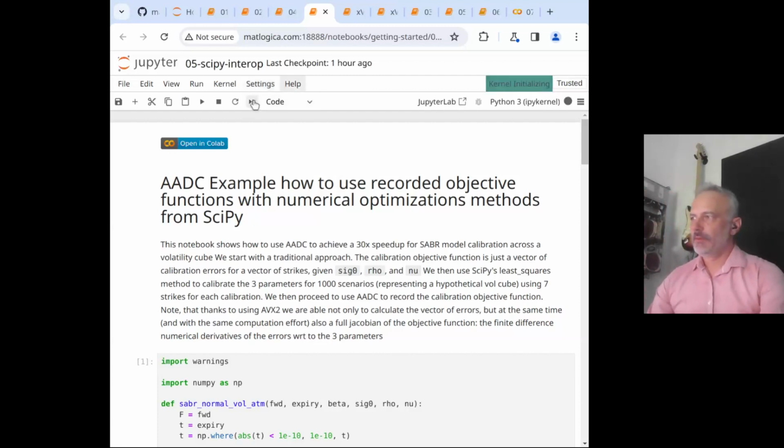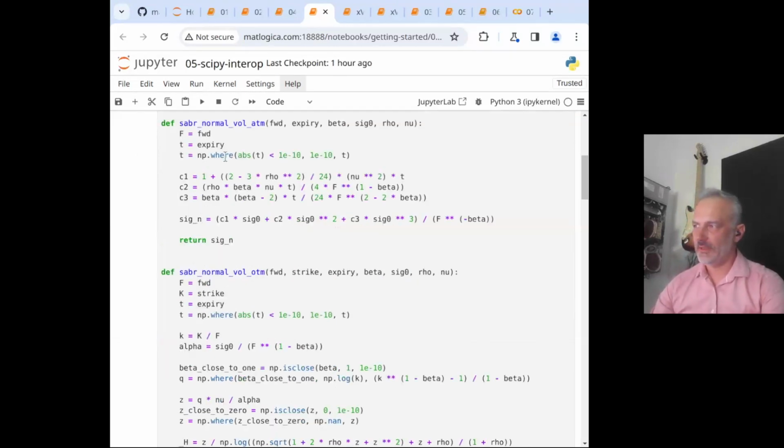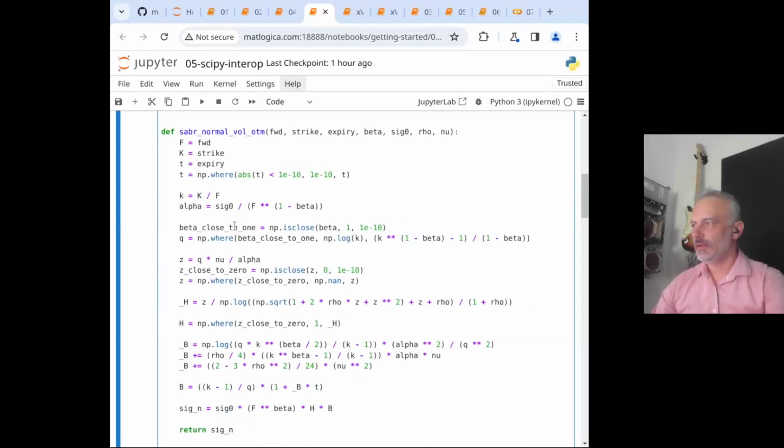So in this specific example, we want to calibrate SABR parameters with the given Black volatilities. This is the typical problem people need to solve in the quantitative space, right? So we implement objective functions, and you can see a typical quant code in Python. We use NumPy, we use where. This is quite challenging to support, but with our framework, we can record these operations as well. And we use a lot of NumPy here.